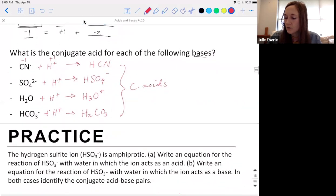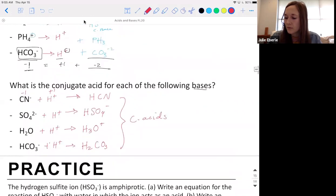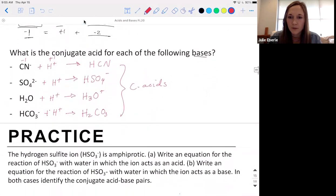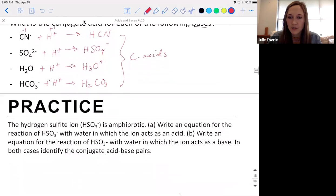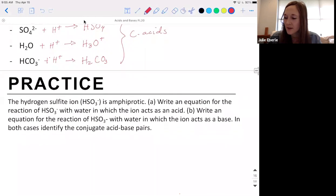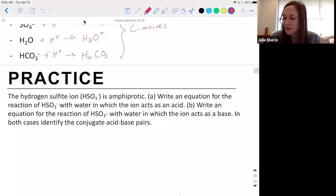All right, so that was really good practice. Now we're going to put in a word problem. This is what you usually find on your homeworks and exams, right? And for some reason, the moment you throw things in a word problem, it becomes harder. All right, so it says hydrogen sulfide ion,